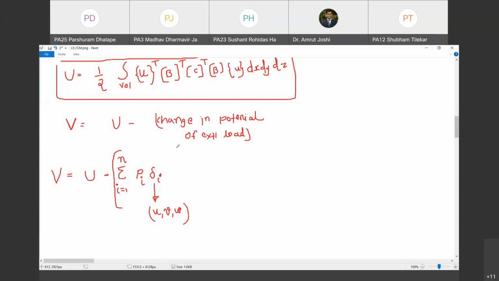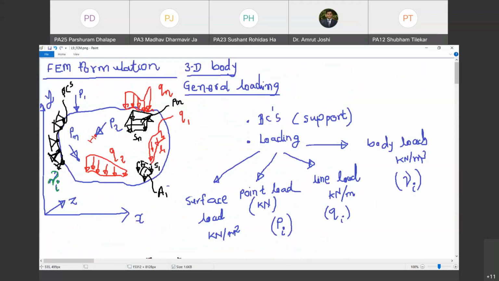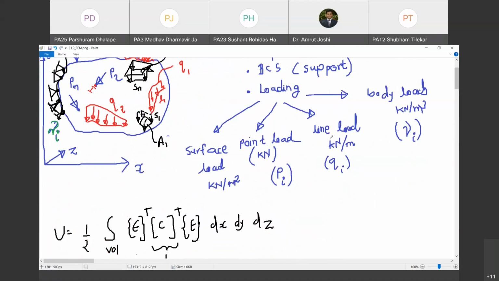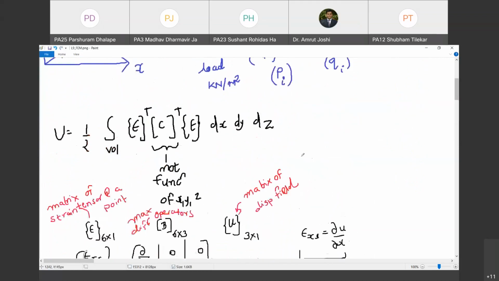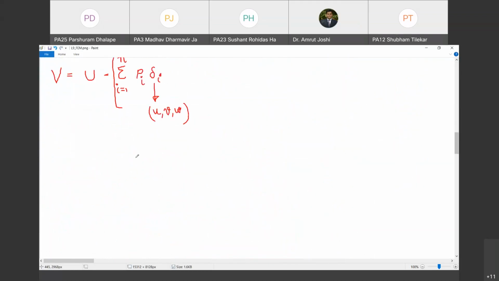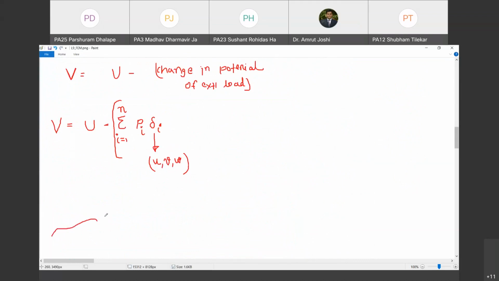Now let us look at the second load. What is the second load? Second load is line load. So how do I write down the deformation under the line load? Now, just look here. What I am going to do is draw a line load. So how does a line load look? It will look like this. Are you with me? And let us say it is the ith line load.